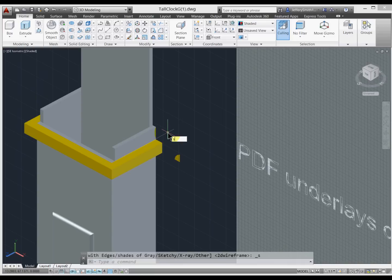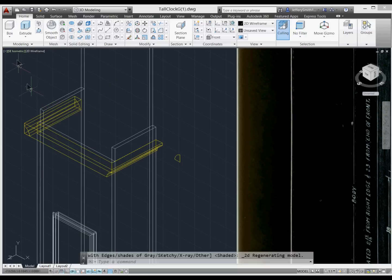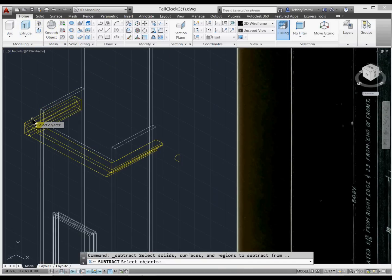But let's go ahead and type in subtract, S-U-B-T-R-A-C-T, enter. We want to keep this object here. Press enter. Okay, there's the one. We can also go to the ribbon above, hit the icon. We want to keep the top piece. Press enter. Let's go ahead and select the